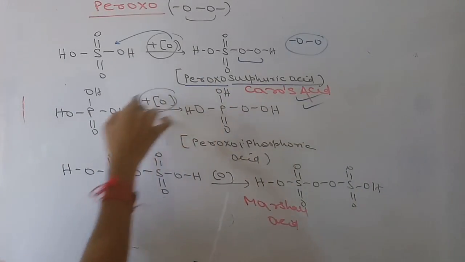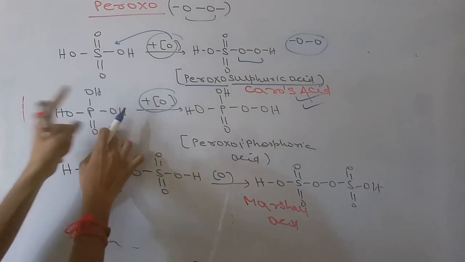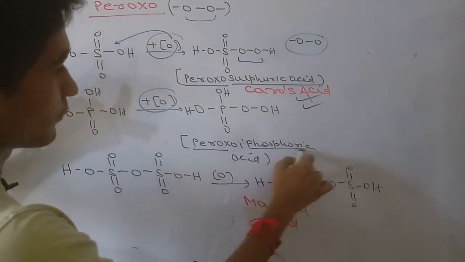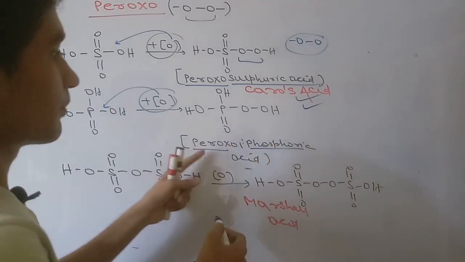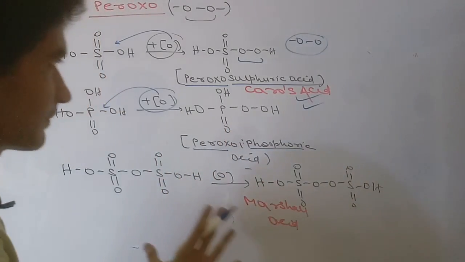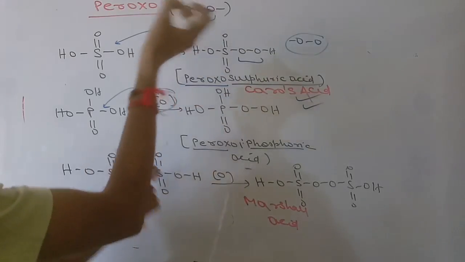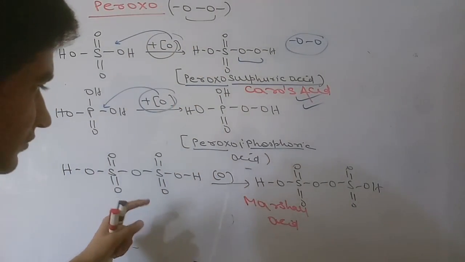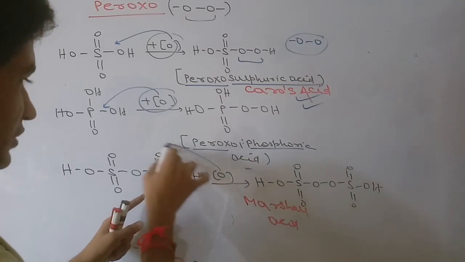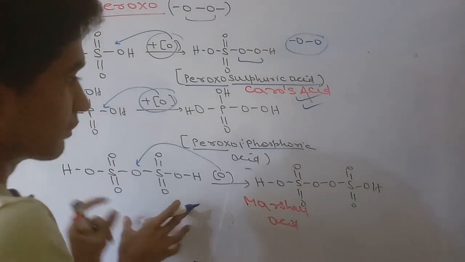You have to introduce 1 oxygen into it, then it will be converted into peroxo phosphoric acid. Clear? So 1 oxygen will be introduced here, and it will be converted into peroxo phosphoric acid. Clear? Simple. Peroxo means O bond, you have to introduce 1 oxygen more. Now next, if you introduce 1 oxygen here, then this compound will be converted into